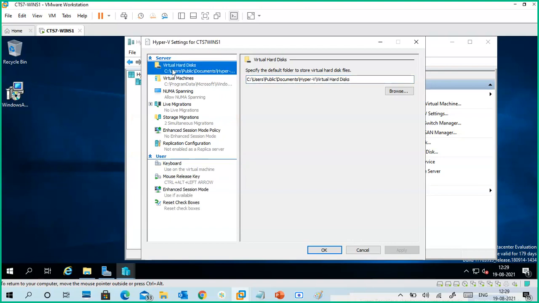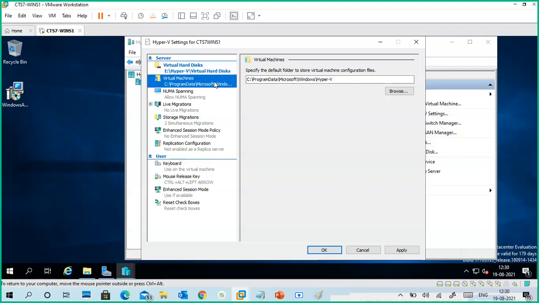Now what I'm doing is the virtual hard disk. C is there now, so I'll change C to E, and also I will remove all these things. That's it. Now you can see E colon Hyper-V virtual hard disk. So an E colon Hyper-V folder will be created, and inside it the virtual hard disk files.